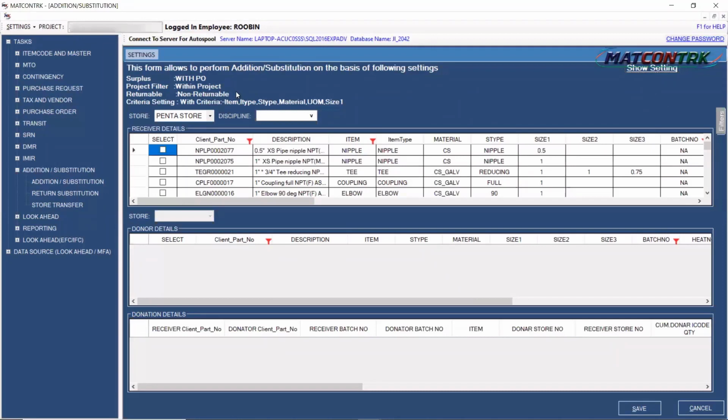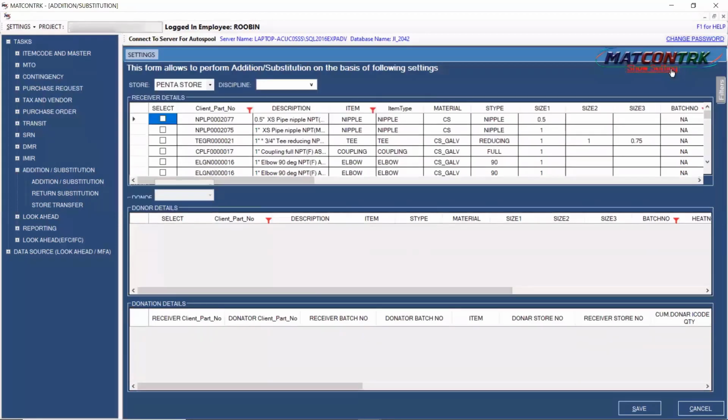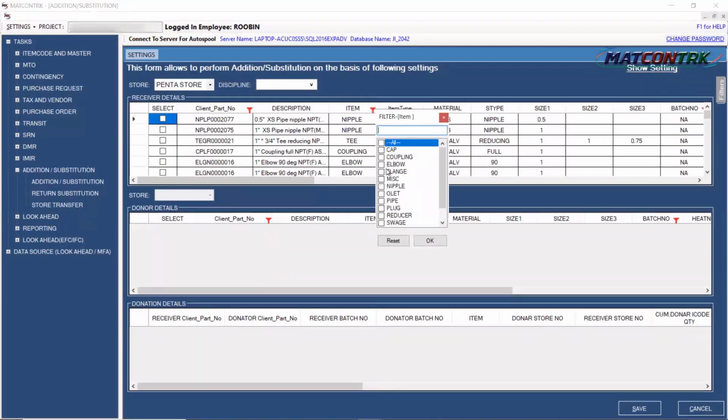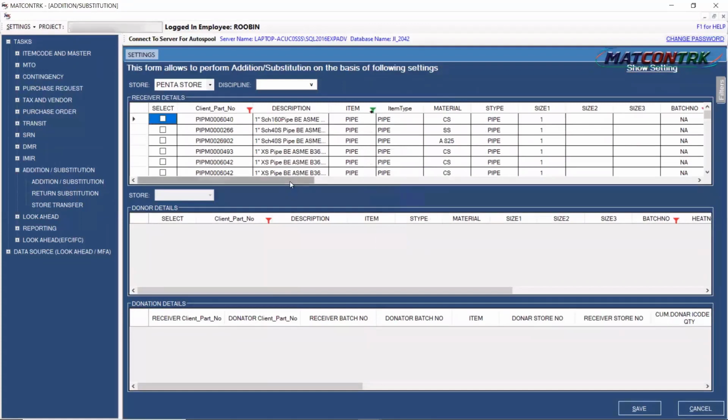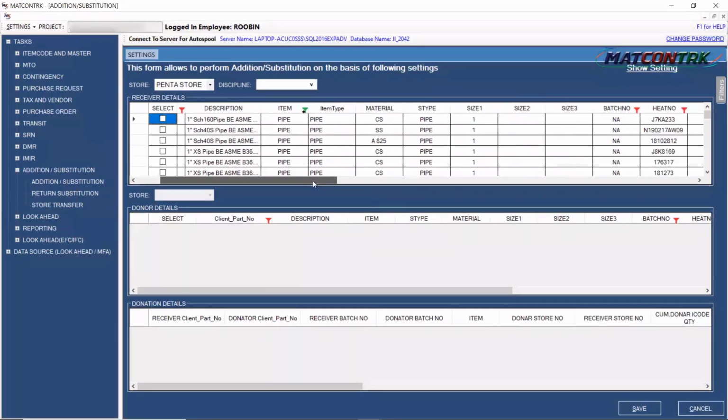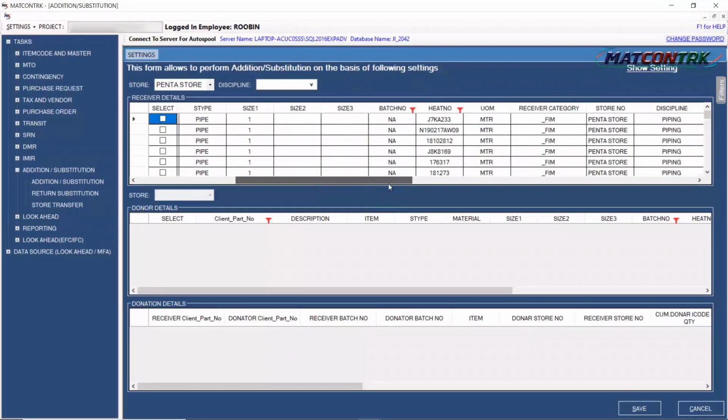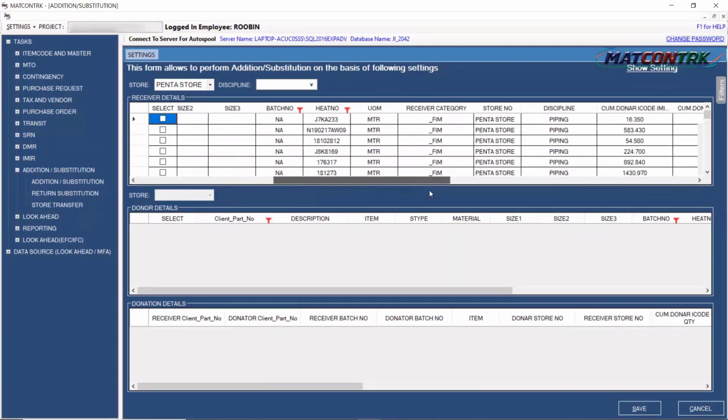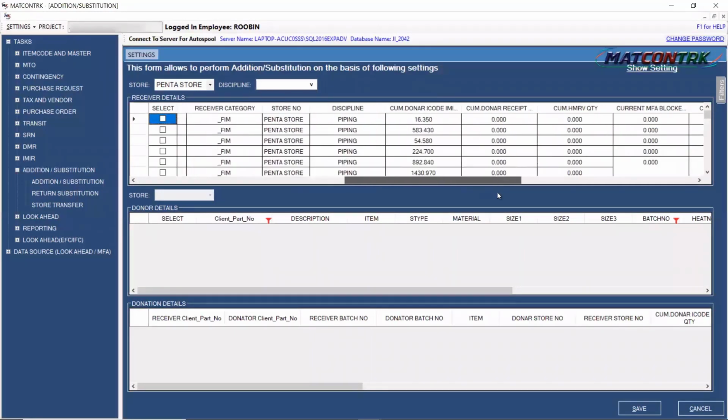These are the bare minimum parameters considered for getting the substitution result automatically. Now, with respect to these settings, I'm going to perform this analysis on the substitution side. So right now I'm selecting a particular item called pipe. All pipes available inside the project are shown. I can further apply a filter on the size or the heat numbers as well.